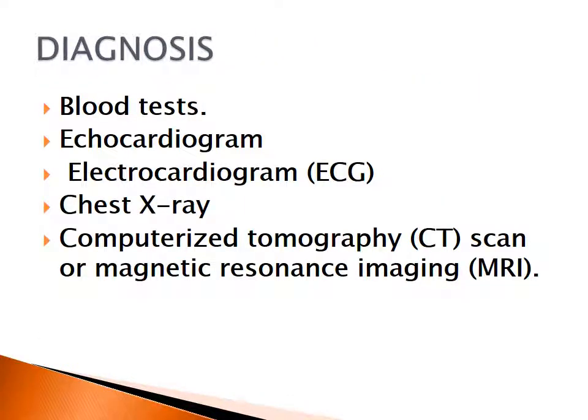Now, the diagnosis for this particular disease will include, again, history collection, physical examination, followed by blood tests, an electrocardiogram or ECG, and an echocardiogram, which gives you a deeper view of your heart's chambers, the amount of blood flowing through, and also tells you about your contractility, the pumping ability of the heart. The patient may also be told to get a CT or an MRI, just to rule things out.